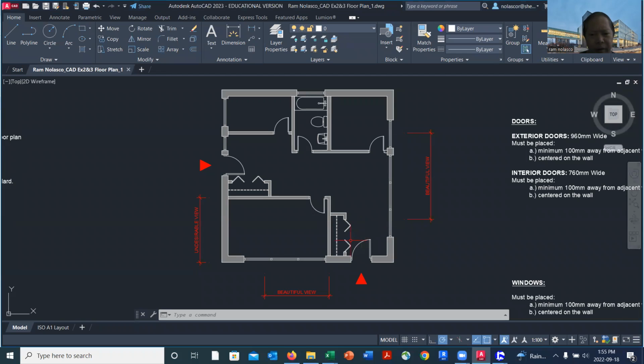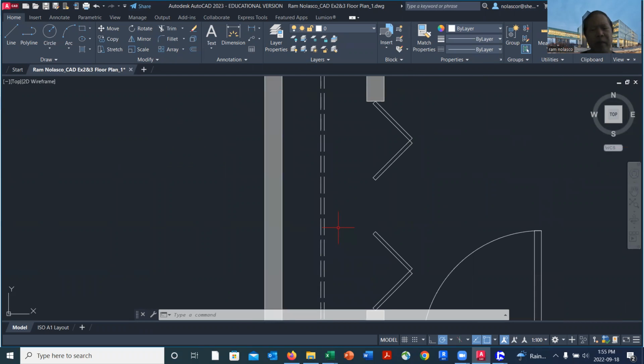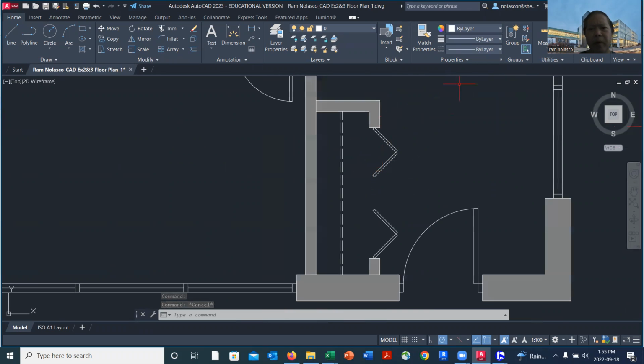Okay, so here are some supplementary commands that you might want to check out. For example, for the closet, you see here a dash line. For this particular dash line, it actually uses an AutoCAD ISO 02W100 line type. So how do you add line types? To add line types, you simply go to